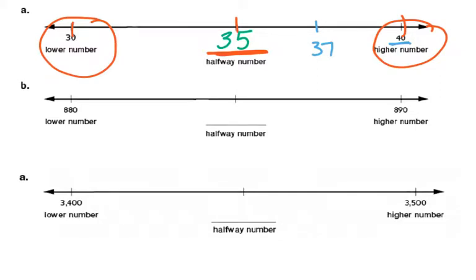Draw another number line using 880 as the lower number. You don't have to write lower number, but go ahead and write 880. And then on the other side, draw a line and write 890. Then I want you to think about this point in the middle. What number is halfway between 880 and 890? Go ahead and write it. You should have written